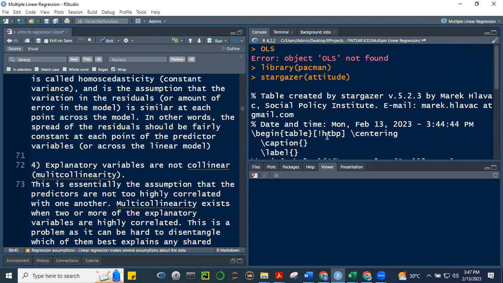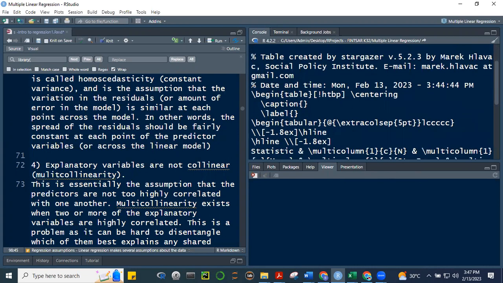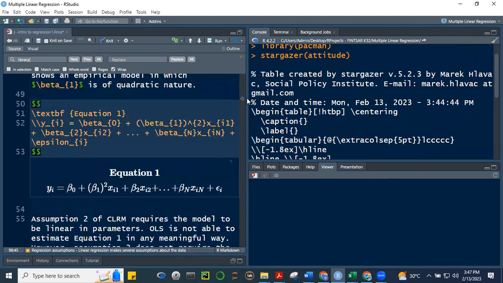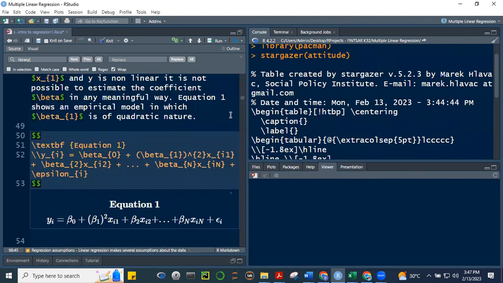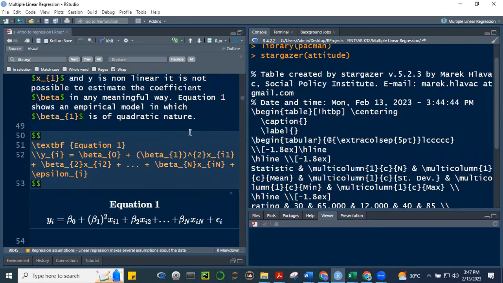Dapat mag-generate siya ng output. Okay. Sorry, hindi ko mapalabas. Parang ito kanina, di ba? Nag-LaTeX tayo. Ito. You can see this one. This is LaTeX itself. And then I'm just wondering why it doesn't,